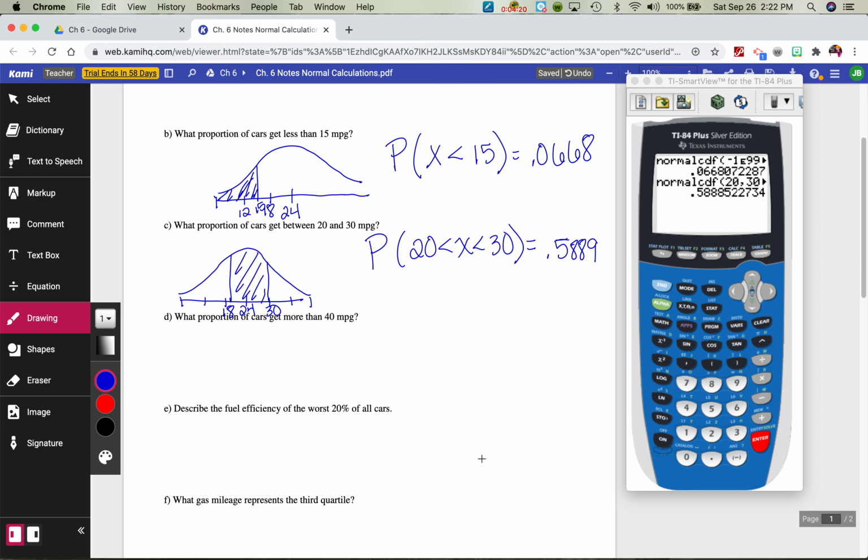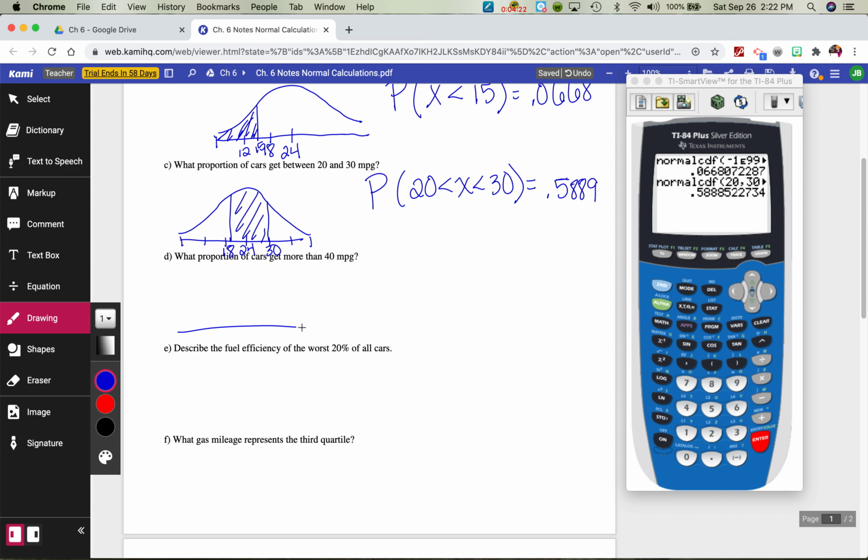Okay, let's take a look a little more. What proportion of cars get more than 40? So here's my 24. I'm going to go 3 this direction. So we have 30, 36, 42. So I'm going to pick my spot for 40, and I'm shading to the right. And my picture's not the greatest, but